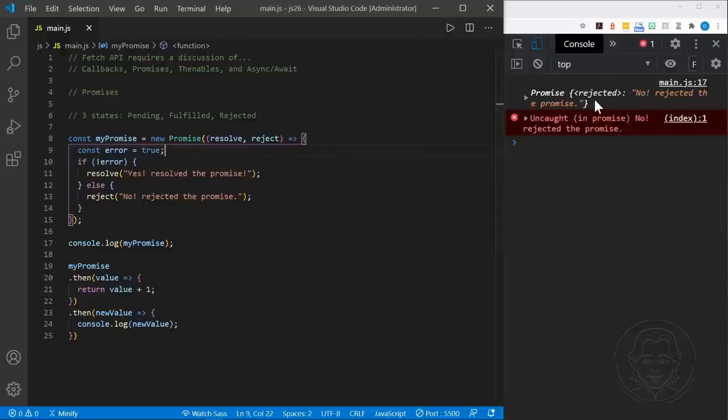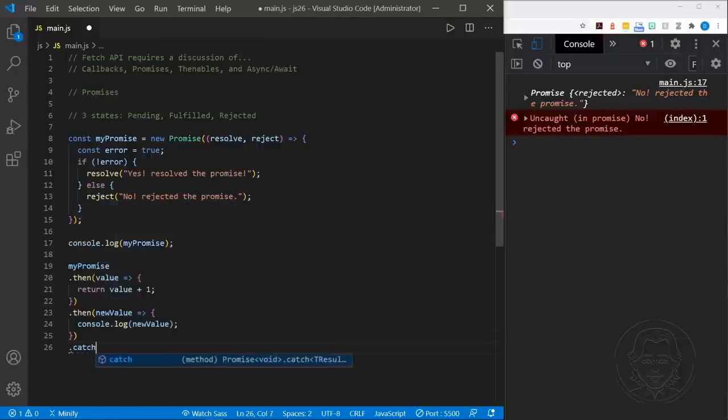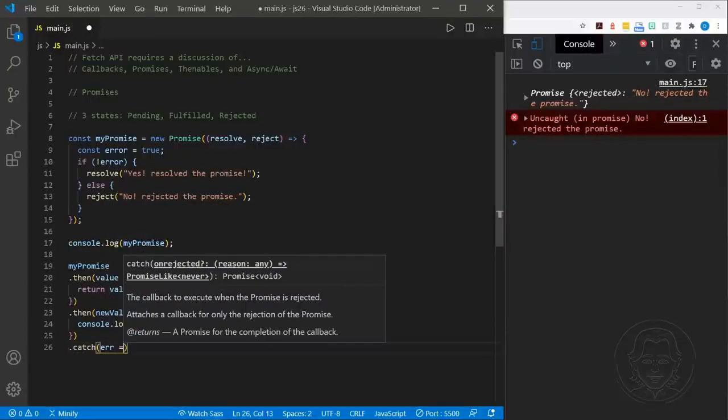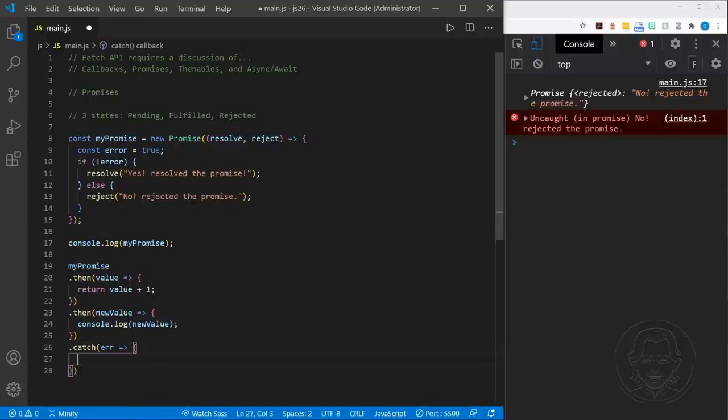Now the promise state is rejected, and this says uncaught in promise. We didn't really catch this error, and then we see no, rejected the promise. But we can catch an error in chain thenables. What we do at the very end is chain a catch, and this catch can also have an anonymous function,